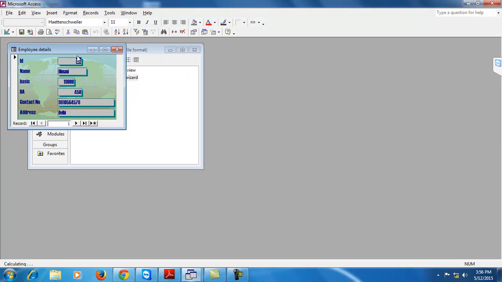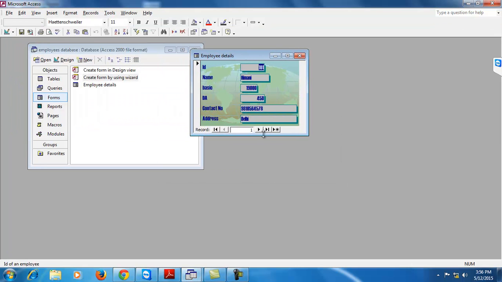If you enter any information by the form, you can see the information in the form here by clicking next option. And if you enter any information in the form, then the information will be automatically added in the table that is linked with this form.